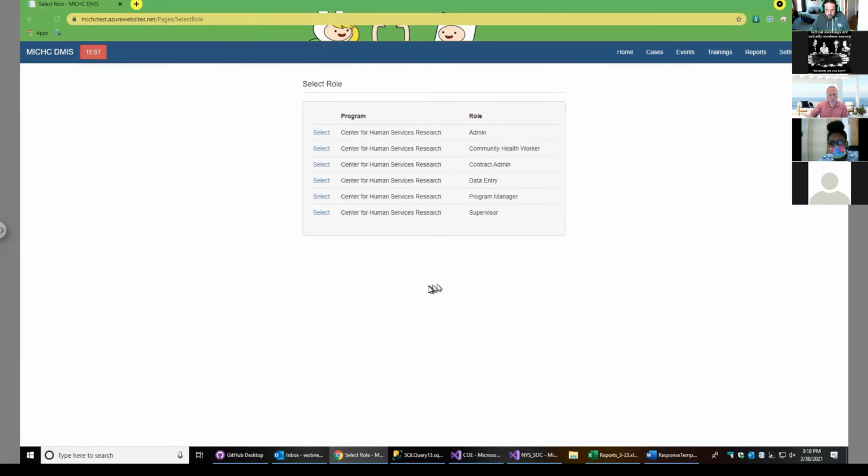And a question came up because they were trying to get to the program details page, but they were logged in as a supervisor. And so they were not allowed to. And that's just something you have to keep in mind. To perform a certain function, you need to be logged in with that specific role. The system doesn't really account for both of them simultaneously. So going in as a supervisor,